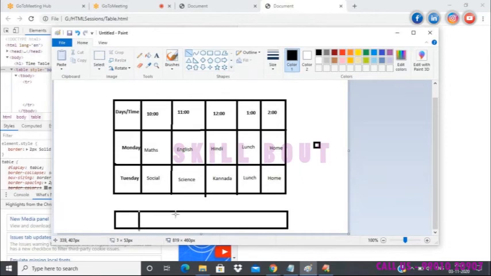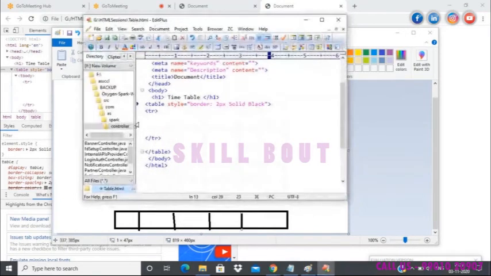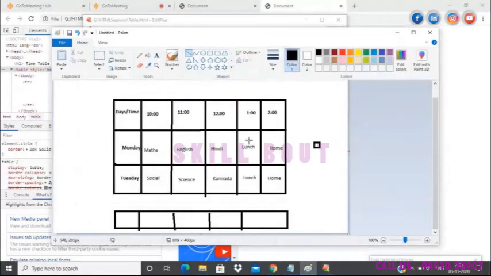When we start adding the columns, for now I'll just put lines and have some columns. Now when we add the columns, we will have our first row with 1 2 3 4 5 columns. Since we have 6, I'll just add some columns. The first column, as I said, is nothing but a header.